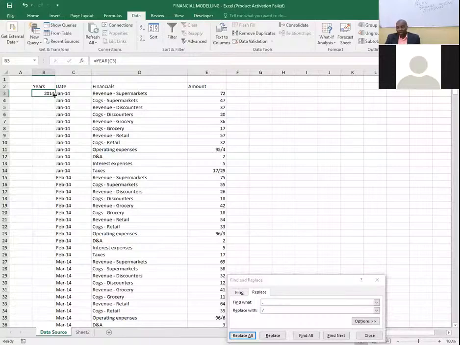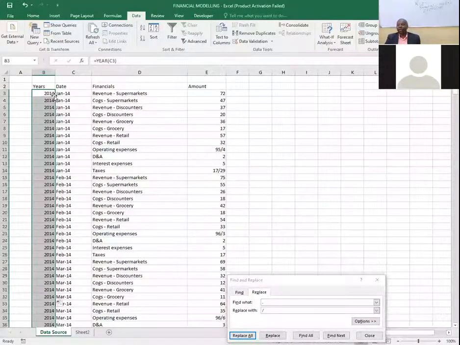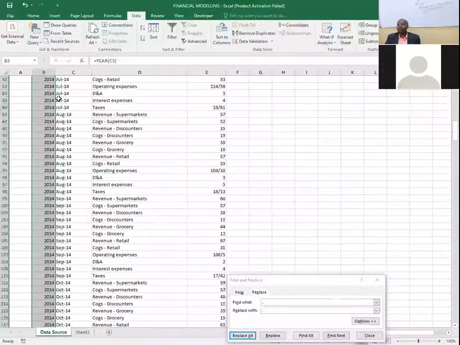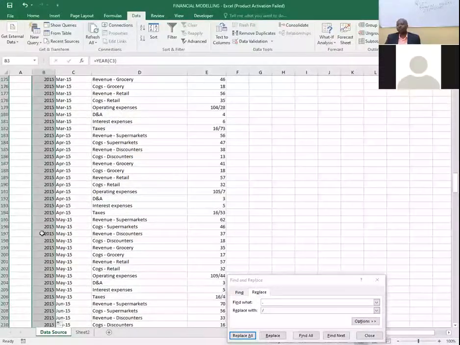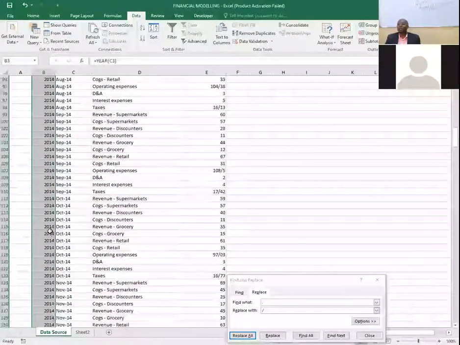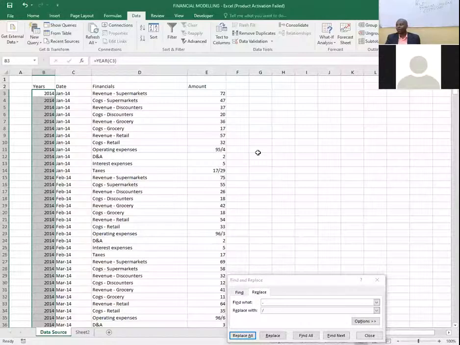it's either you drag down, but now dragging honestly, what if the rows are 10,000? You can't manage. What you need to do is to come and double click. When you double click like that, these guys here will be able to give you all those years very comfortably. You can see 2015, they have captured all those years. Now, ladies and gentlemen, once I do that,